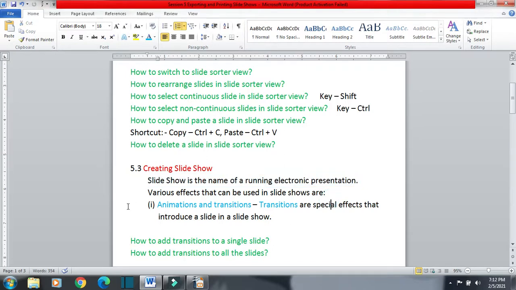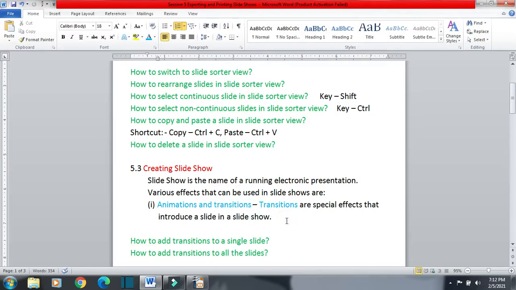Now in slideshow we can add various types of effect. Two types of effect we usually add in slideshow. So various effects that can be used in slideshows are: first one is animations and transitions. Either we can go for animation of an object in the slide, or we can go for transition.